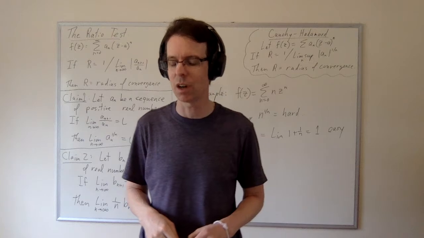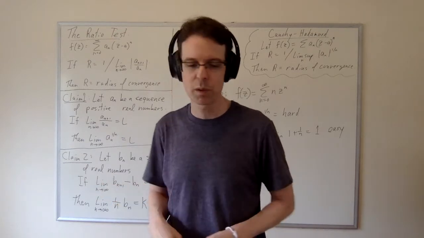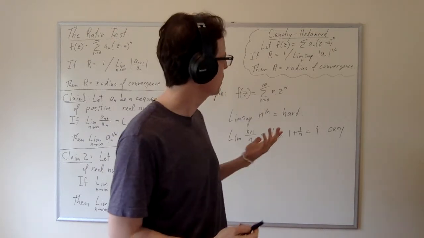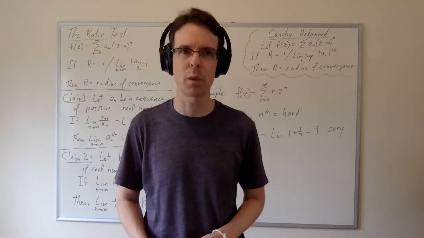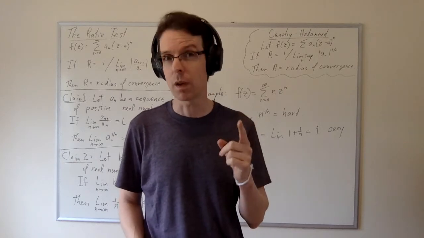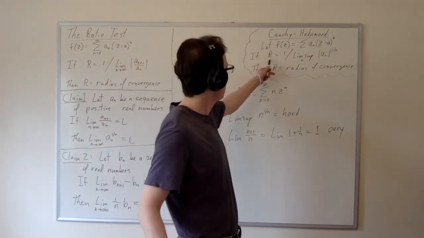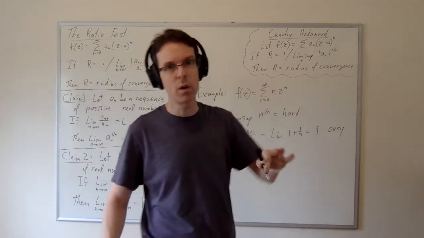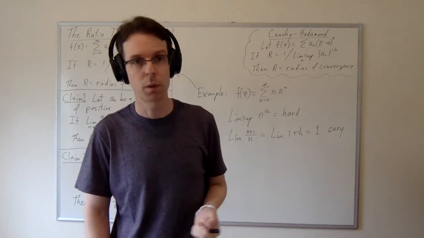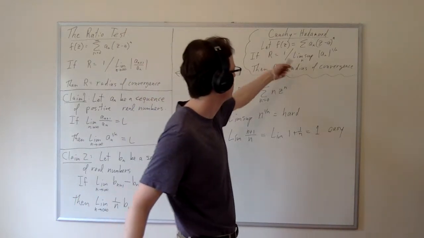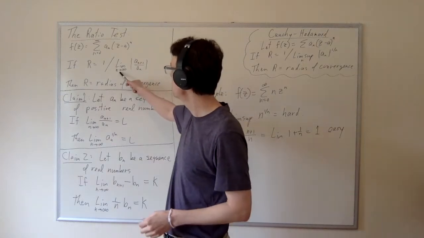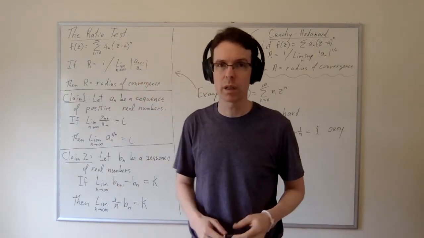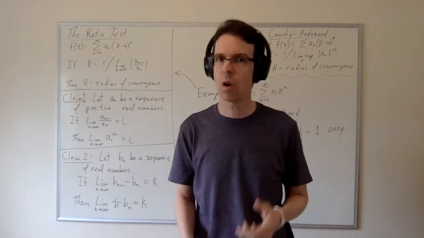I mean, if it's so much easier. I mean, there are cases when the root test is super easy, but those are also cases when the ratio test is super easy. So why don't we just rely on the ratio test? It's the meaning of this "if" in both statements. If r equals this lim sup is a very weak condition, because there's always going to be some lim sup for this sequence. If r equals 1 over this limit, that's a very strong condition, and